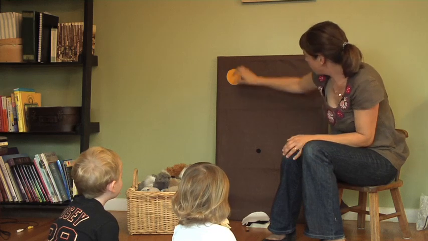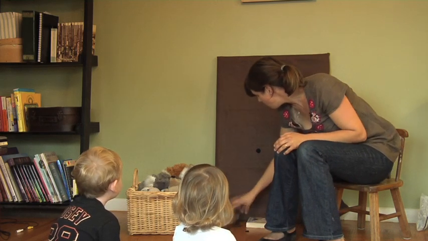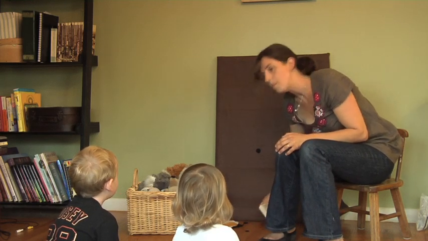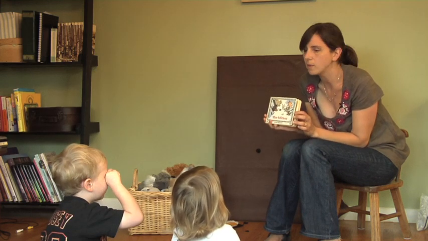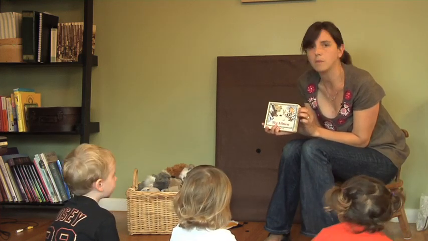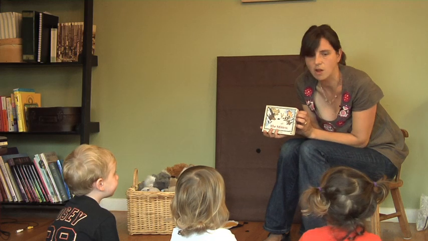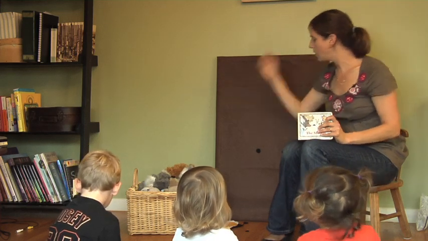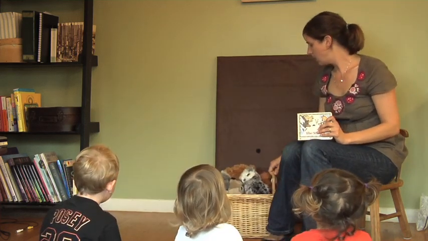Okay. So the next thing that we're going to do, we're going to take down our poor snowman and we're going to read a book. The book that we're going to read today is called, oh, that's okay. She'll come back in just a second. So we're going to read a book called The Mitten by Jan Brett. Here comes Kate. She's back. And first, before we read this book, and this book is also about the snow, I'm going to introduce you to all the animals that are in our book.